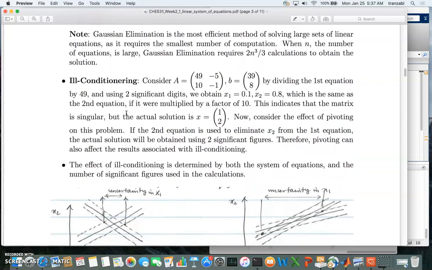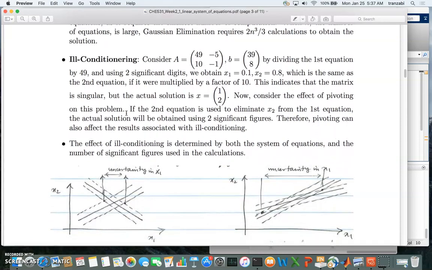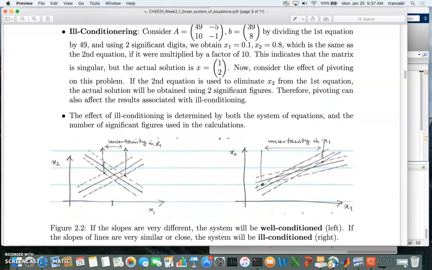The next section of this chapter is on pictorial representation of ill conditioning. Last time we saw that the matrix was sensitive to perturbation, and we call that matrix ill-conditioned, or that matrix has a large condition number. So pictorially, here I'm showing how we can say a matrix is ill-conditioned with a large condition number. So imagine in 2 dimensions we have 2 lines crossing at one point, and if I perturb, let's say,